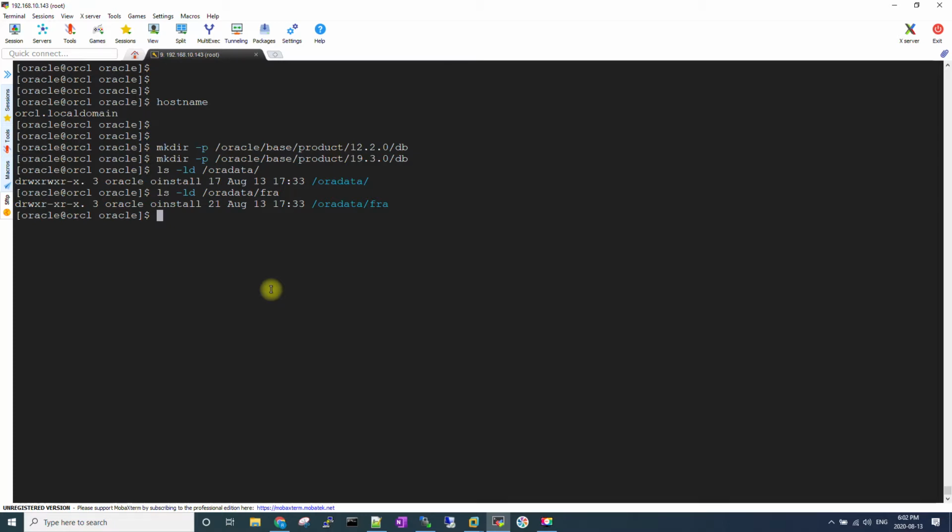So you need to make sure that you either enable the archive log destination while installing the database, or later on you can switch the database to archive log mode, and then you can start the upgradation process.